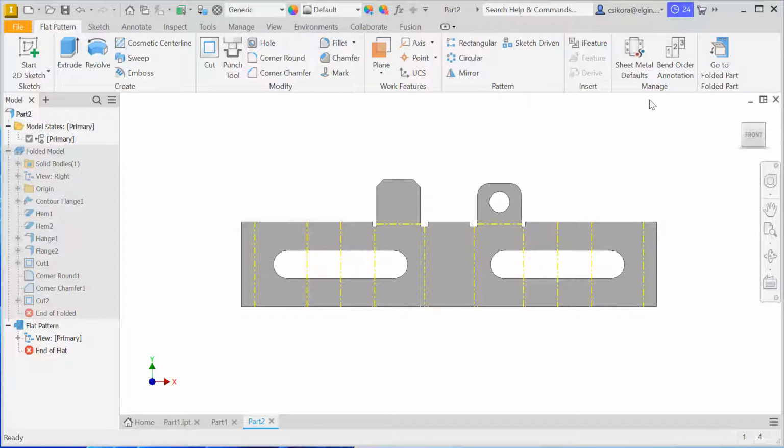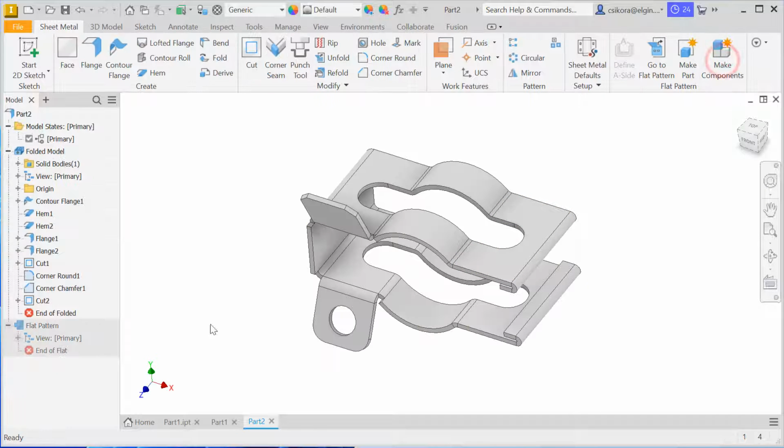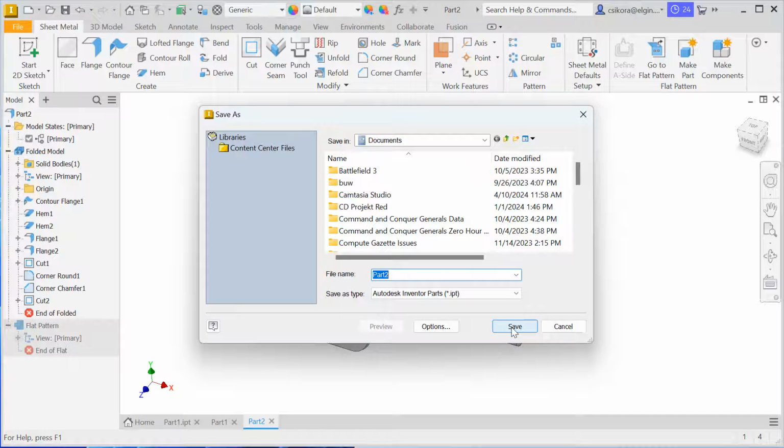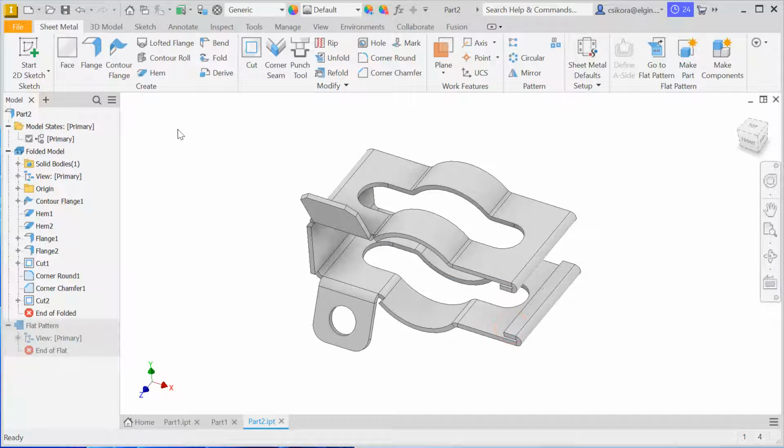So let's now go to folded part. And it still remembers, see, it's just suppressed the flat pattern. So it's in there. And now we could just go to save this. And you could save it as E11, hit save. And now go to File